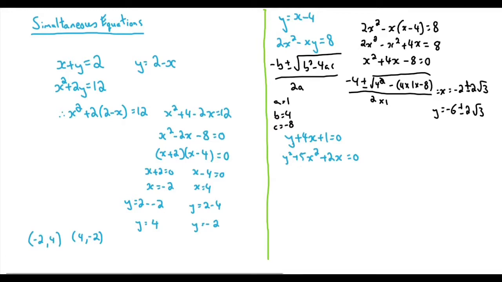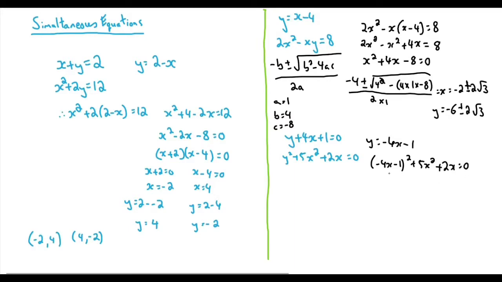So what we first of all want to do is rearrange the top equation, because that's the one that doesn't have any squares in it. Let's say we just make y the subject. So y equals minus 4x minus 1. Substituting that into here, you therefore end up with (minus 4x minus 1) squared plus 5x squared plus 2x equals